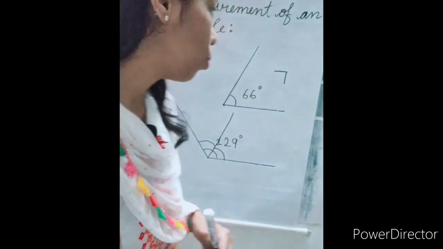So part A, it is an obtuse angle, it is greater than 90 degree. Part B is also an obtuse angle, it is greater than 90 degree. Part C is acute angle. Part D is 90 degree. Part F is acute angle. Part E is also an acute angle. Now question number 6. Draw the angles whose measures are. This we will do on board.